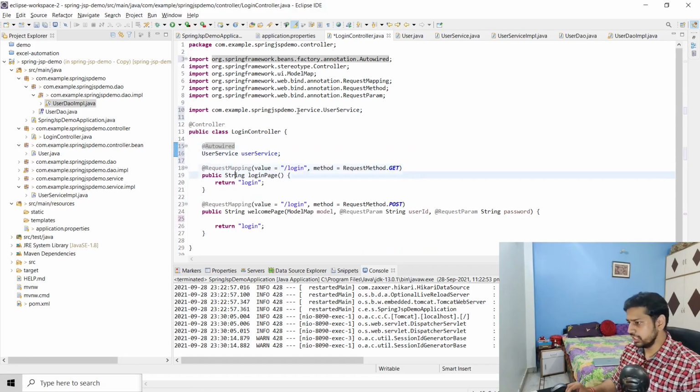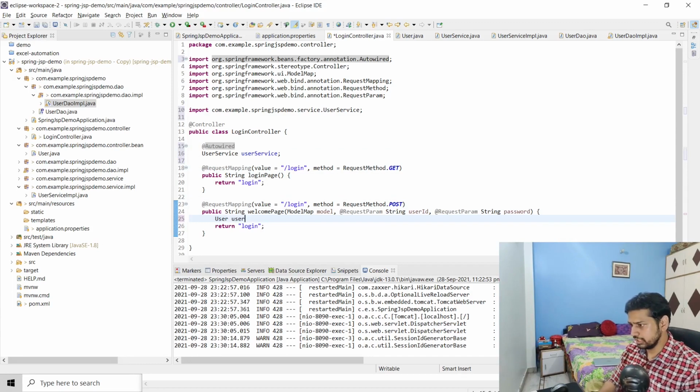Okay, good till here. Now what we have to do is, first we have to get the password. So where is our password? Now you might be thinking we just have to fetch the password, so why are we getting the whole object? Because you might have to get the entire row of the user. Maybe in future you have more columns other than just user ID and password. So for that case I'm just getting the whole object. That's the very purpose. Otherwise there is no meaning in using this.